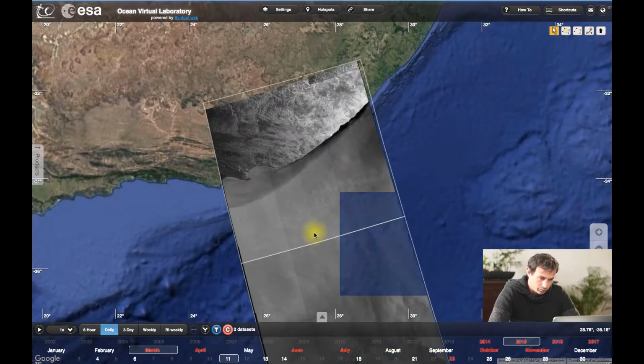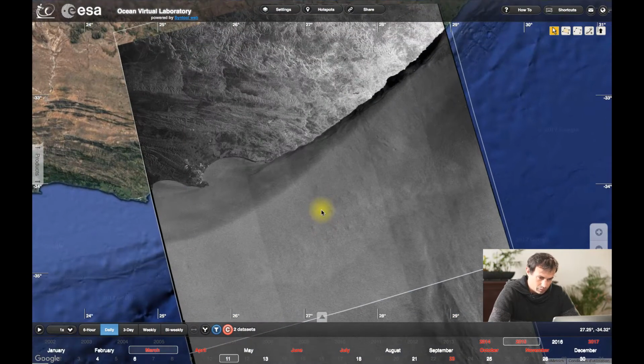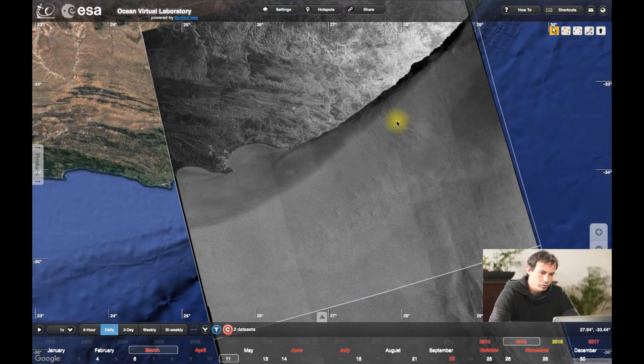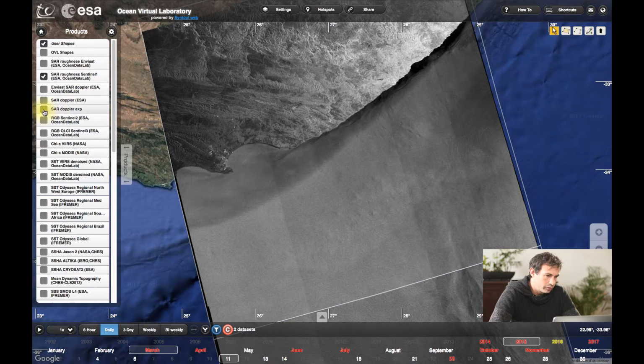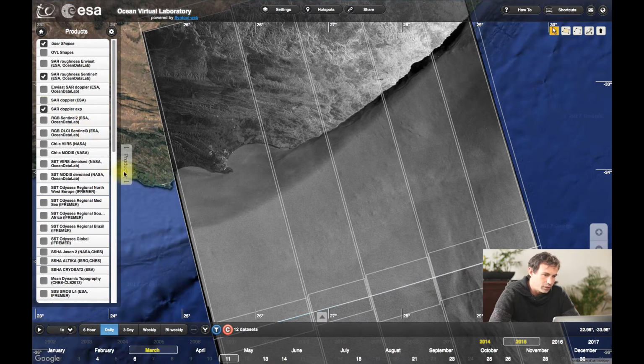So when we zoom, we can see on the SAR image a larger roughness in an area where the surface current is actually facing the waves, so it's introducing more roughness. So we see the area with brighter backscatter on the SAR image, and if we overlay the Doppler shift, so the Doppler shift is the velocity towards the radar.